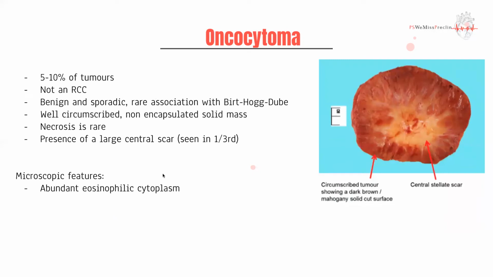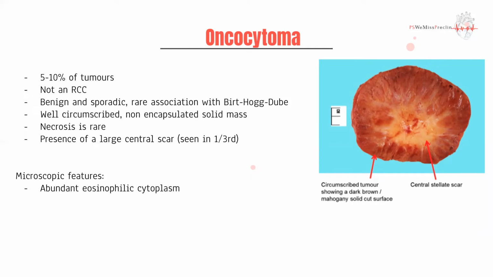Then we have oncocytomas. Now, oncocytomas are a tumor, but they're not a cancer. So they're benign lesions. They're mostly sporadic, and they're associated with Birt-Hogg-Dubé syndrome in some cases. As mentioned, they are well circumscribed, but they're not encapsulated. What this means is that they are